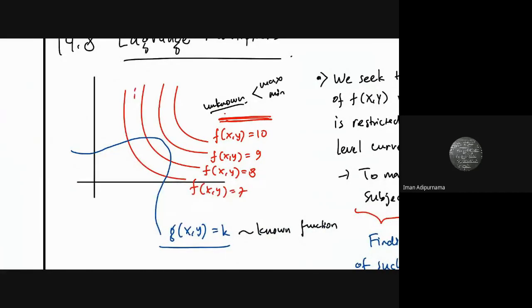We need to find and try, maybe a different color. So we need to check whether 1, 2, 3, 4, all these lines, we need to find and check which one intersects this g for this f. Okay. So when we find the intersections,